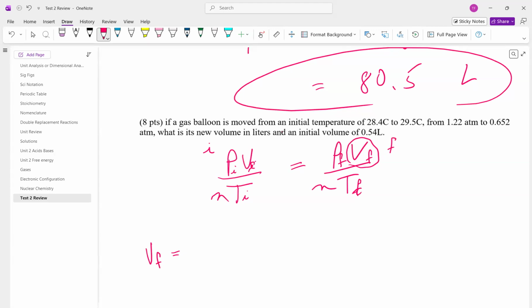So we have an initial pressure of 122. Initial volume of okay, and then initial temperature of